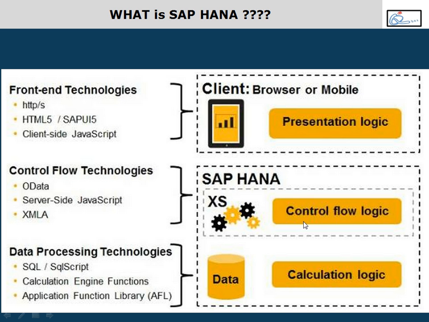So what SAP has done is just to execute this control flow logic. Why should we have a different server? Why don't we use the same HANA application server itself to implement this control flow logic, just to have the controls? Then they've given a framework called OData. They call it XS OData services or XMLA or JavaScript. By using OData services or JavaScript or XMLA, you can create a service which can respond to the request coming from the UI.